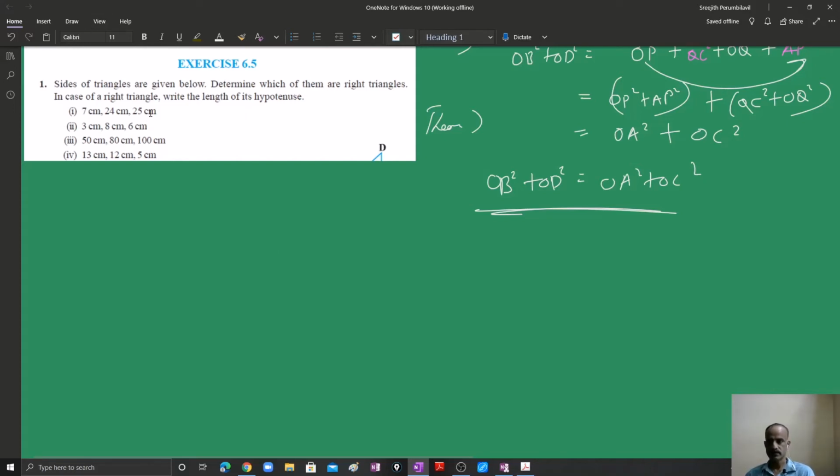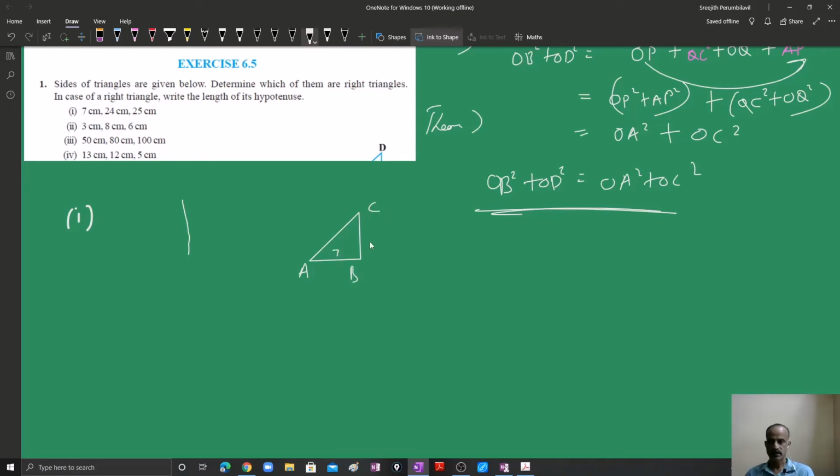If suppose this is a right angle, this represents the right triangle, then you should identify whether it's a right angle. If so, find the hypotenuse. In a right angle triangle, of course, all of us know that the hypotenuse is the largest. So if these numbers represent the measurements of the sides of a right triangle, the largest will be the hypotenuse. So first we'll take the first one. We'll draw a triangle, maybe A, B and C.